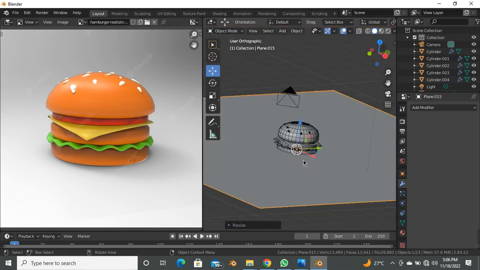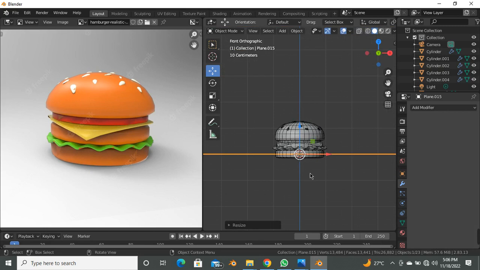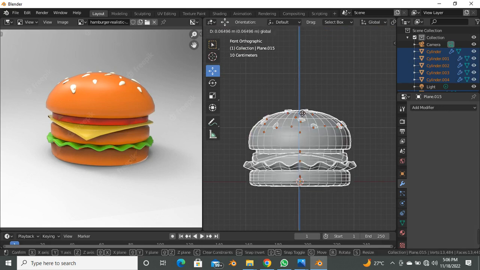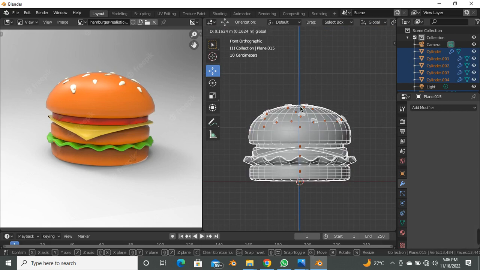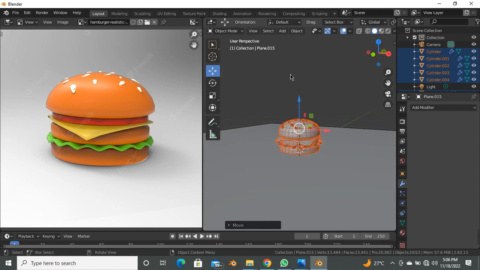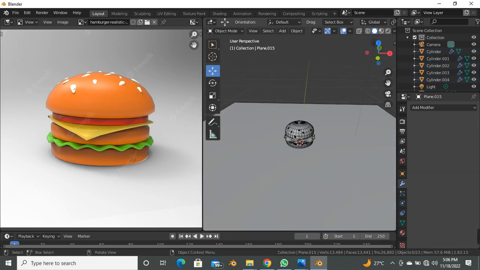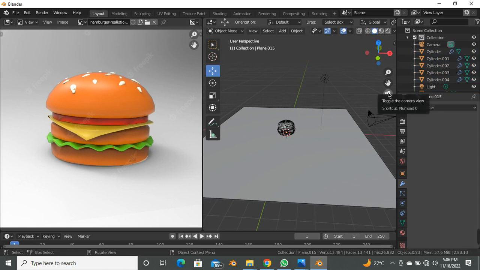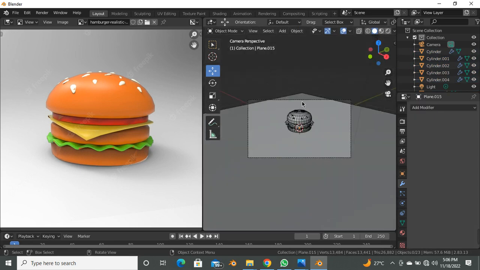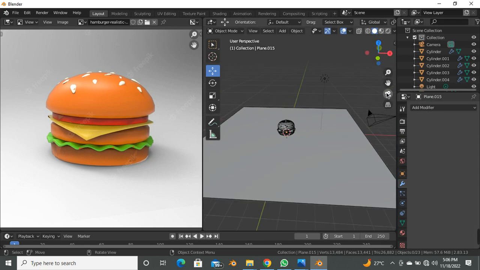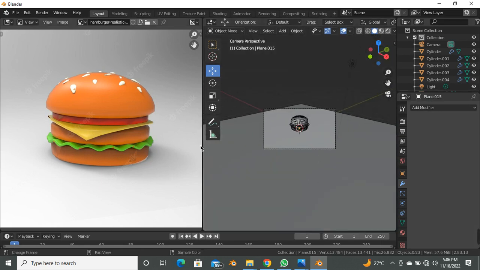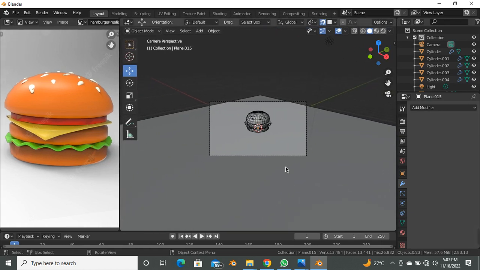S to scale and let's say 1 on our keyboard, our front view, orthographic view, and let's select all these and let's just push them upwards. So now our burger is on top of this plane. We have something looking like this, and let's activate our camera. So you click 0 on your numpad keyboard, that's for camera, or you come to this place and click that. So now we have our camera placed now like this, and we can also